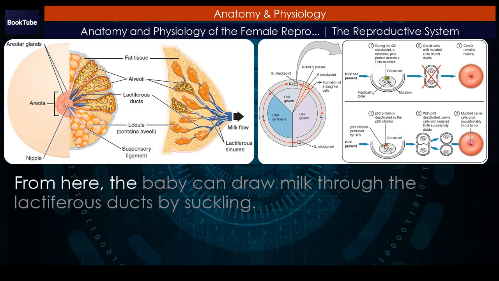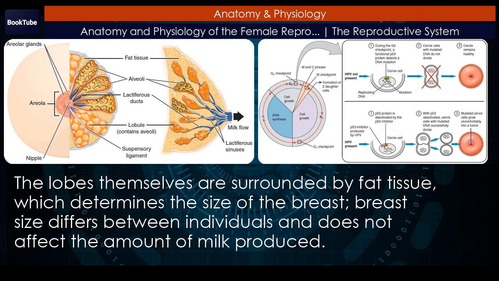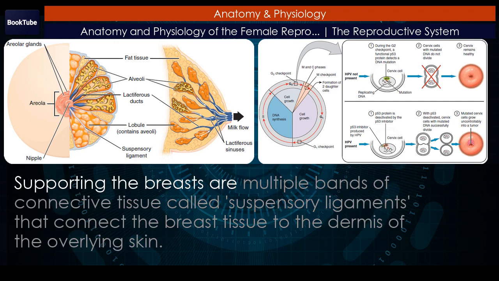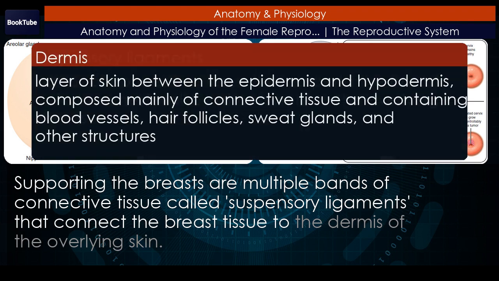From here, the baby can draw milk through the lactiferous ducts by suckling. The lobes themselves are surrounded by fat tissue, which determines the size of the breast. Breast size differs between individuals and does not affect the amount of milk produced. Supporting the breasts are multiple bands of connective tissue called suspensory ligaments that connect the breast tissue to the dermis